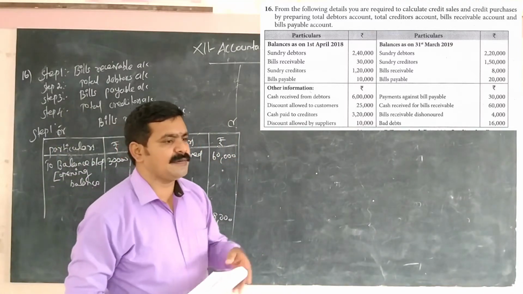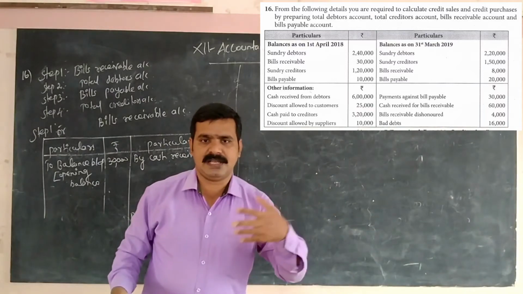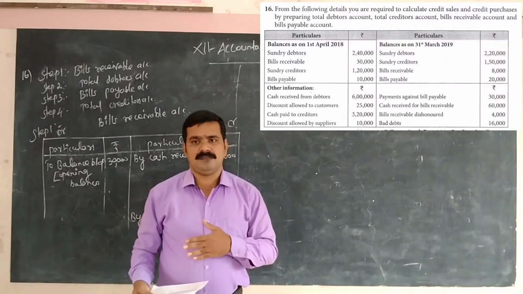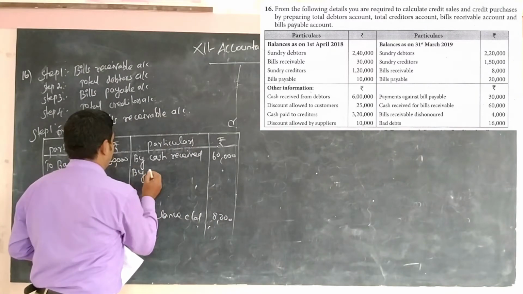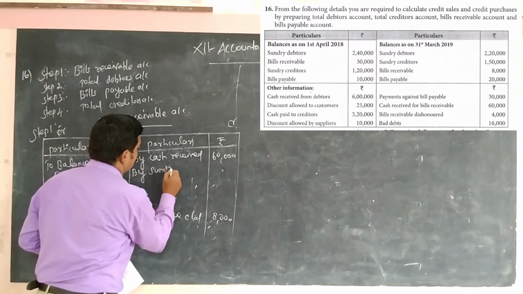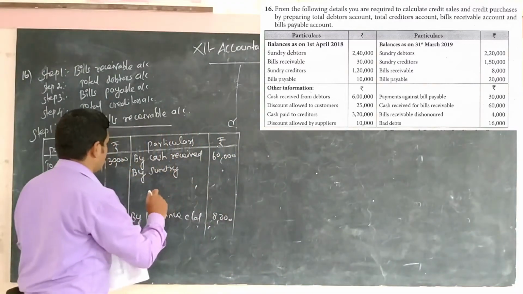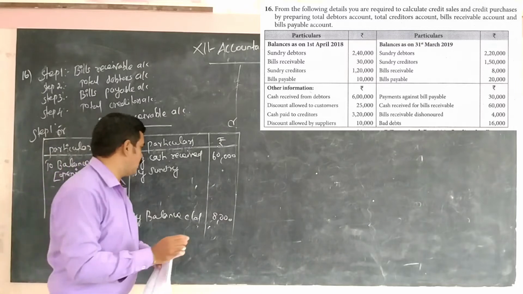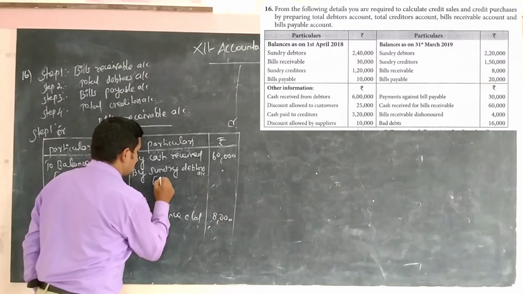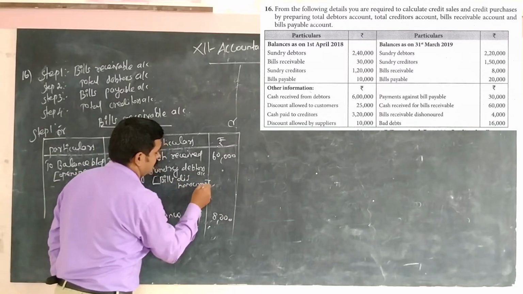Bills dishonored means the amount is rejected. For example, a person A gave some amount to another person B, drawn A to B. So it is called rejected. So when you are preparing the bills receivable account, you have to mention sundry debtors, because sundry debtors, bills receivable and sales are all connected. So that is sales and sundry debtors account. That is bills dishonored.